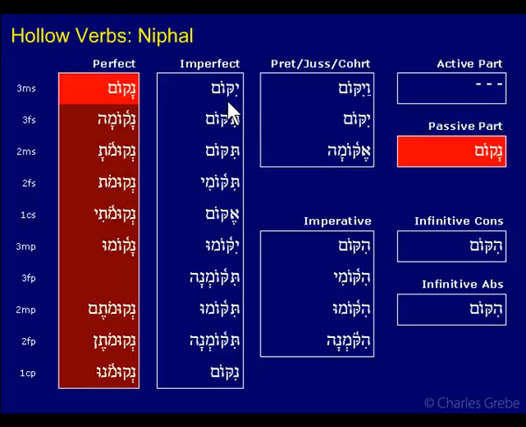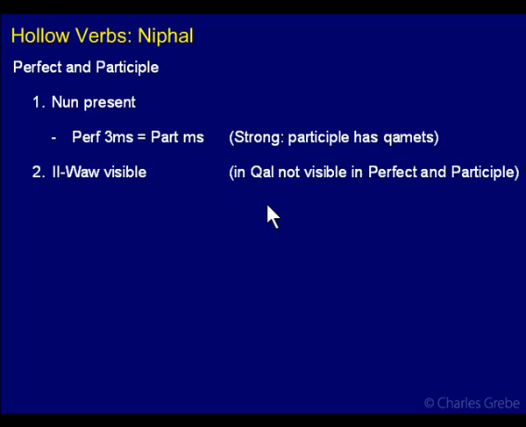We have the holem vav for the theme vowel throughout the entire paradigm. We'll take a look at the second person switch here in a moment. But the theme vowel is the holem vav. So that part is different, of course, than what you'd get with the strong verbs. But other than that, the prefix forms are pretty much just like the strong verbs. So most of our attention will be focused on the perfect, as it turns out.